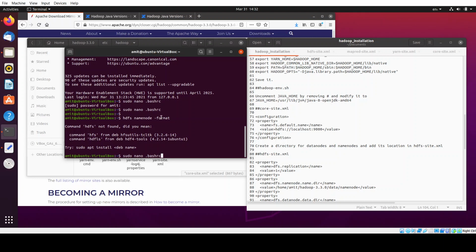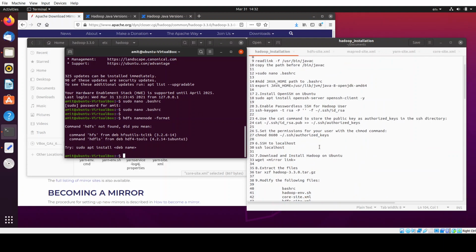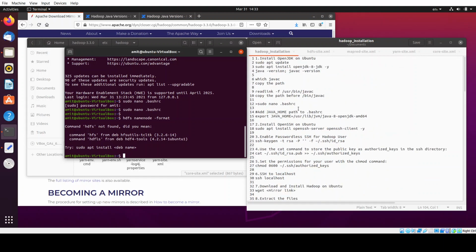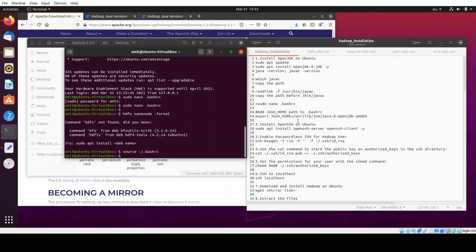So you can either restart your terminal, or you can do source ~/.bashrc. When you do this, your terminal is now updated with the new environment variables and it now understands it.